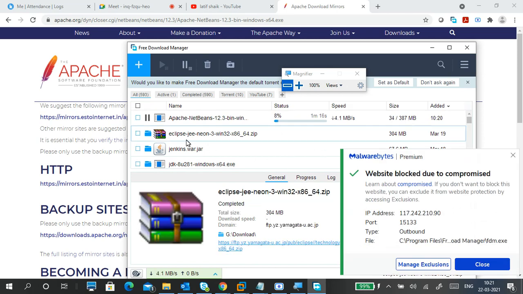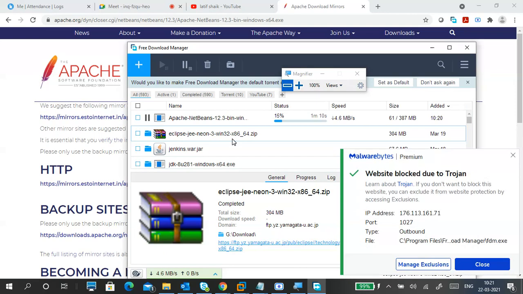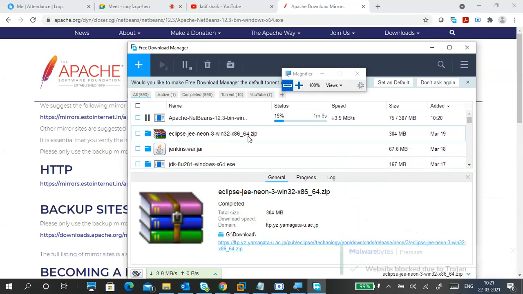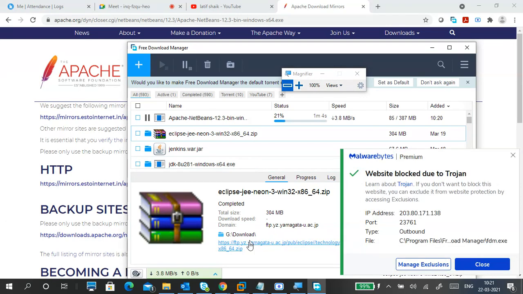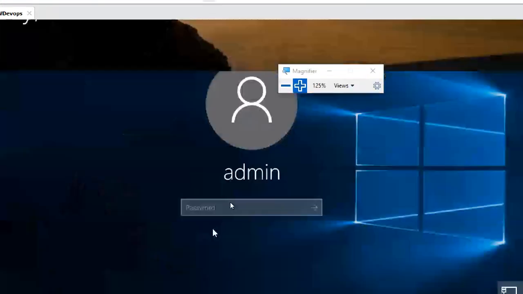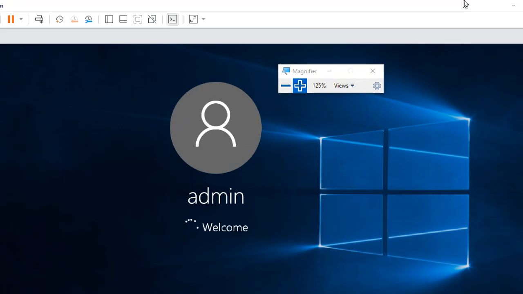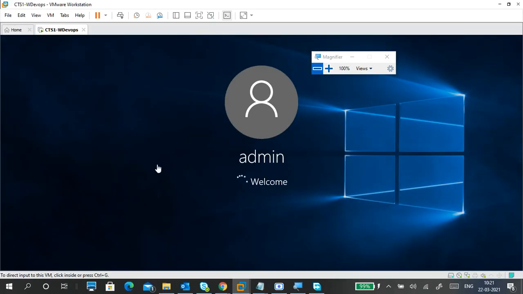Let it download. I have already downloaded Eclipse JEE Neon 3, so it is quite easy for setup. And already in my machine I have Java, JDK 8 update 281 or 282 package.